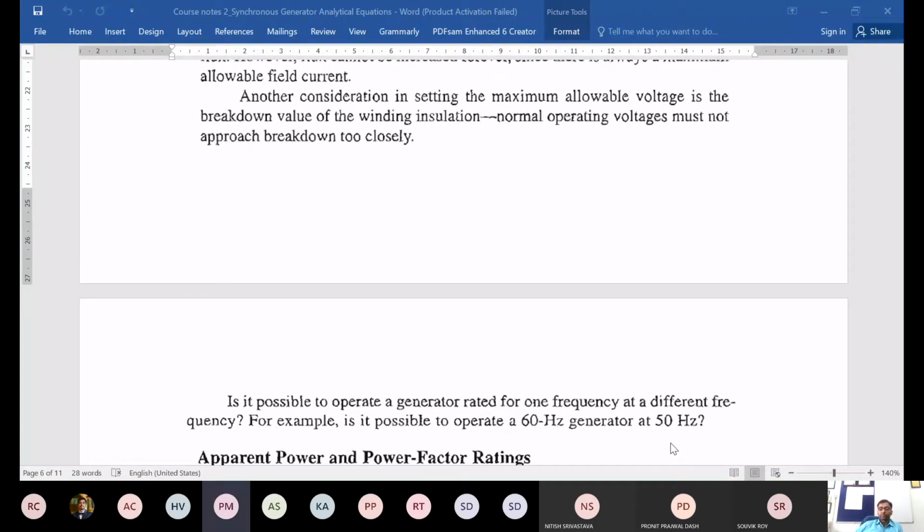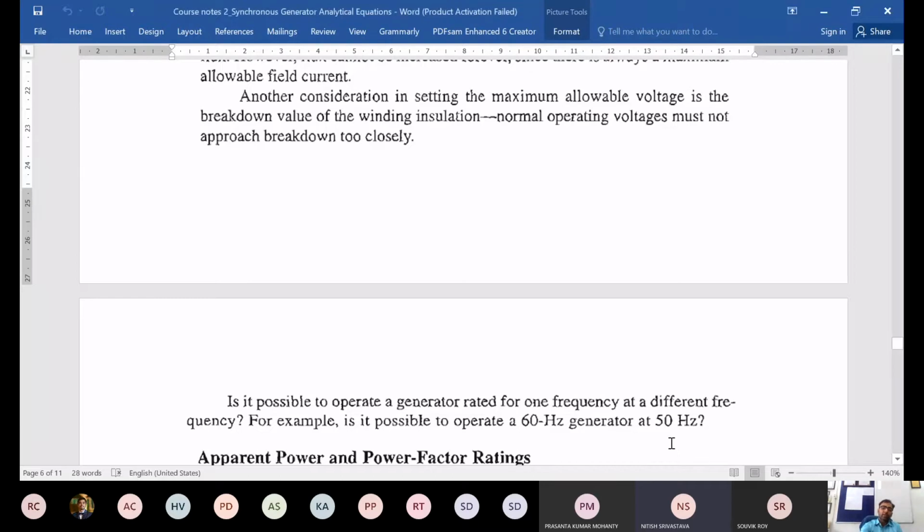Because, sir, it will be out of synchronism, because the mechanical governor system will not handle that frequency variation. Okay. Anyone else? By looking at the formula, it seems that it can be done. And again, you have to also give the reasoning behind that. Because poles are fixed, and if we adjust the speed to such a value, we can change the frequency.